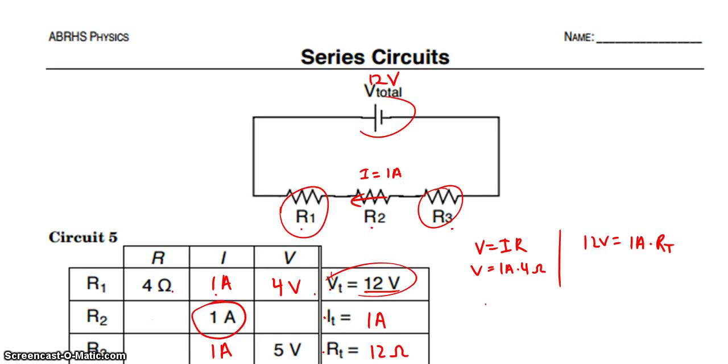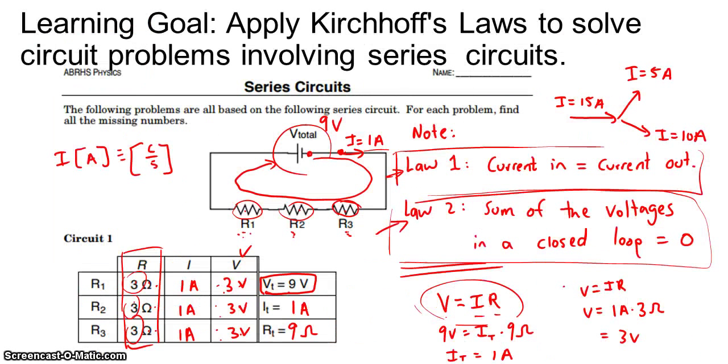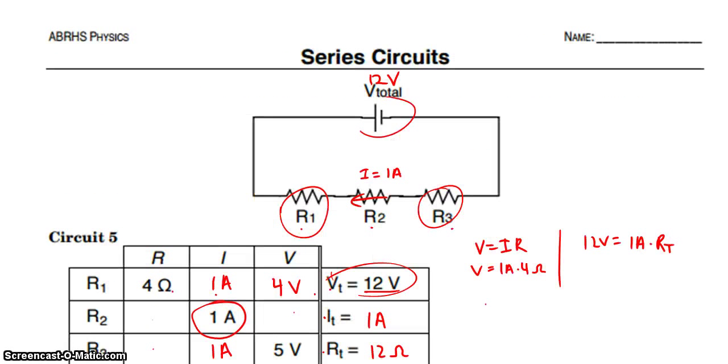And now we've got to figure out, okay, what other information can I find? Well, if you're not sure, you think back to your two laws. How can I apply the first law and how can I apply the second one? Well, the first law has to do with current, right? So we figured out all of our currents. So we're done with the first law. The second law has to do with voltages. Remember, the second law was saying, okay, 12 volt battery, meaning 12 joules per coulomb, or when we were walking this, you're picking up 12 pretzels, and you've got to lose all 12 of those when you go through these three. Meaning, from the second law,